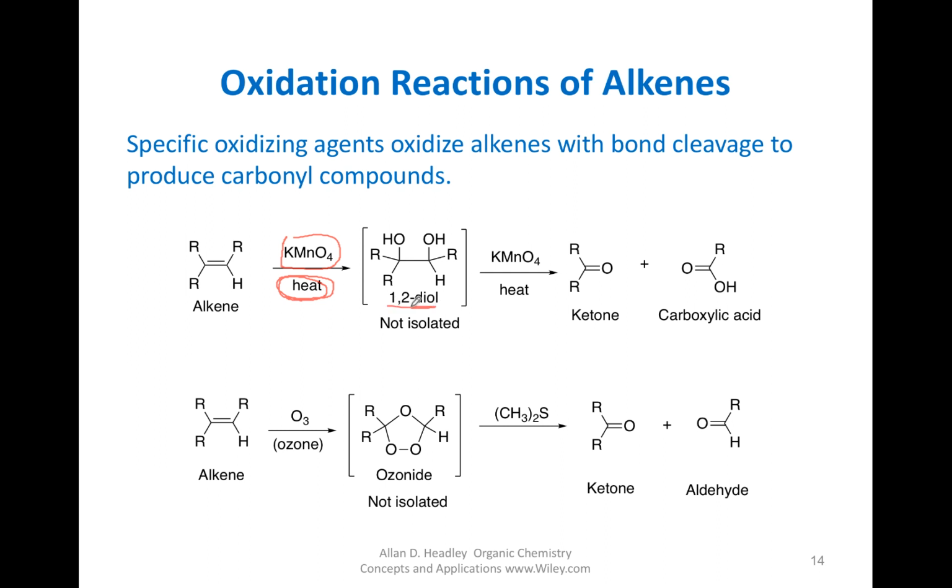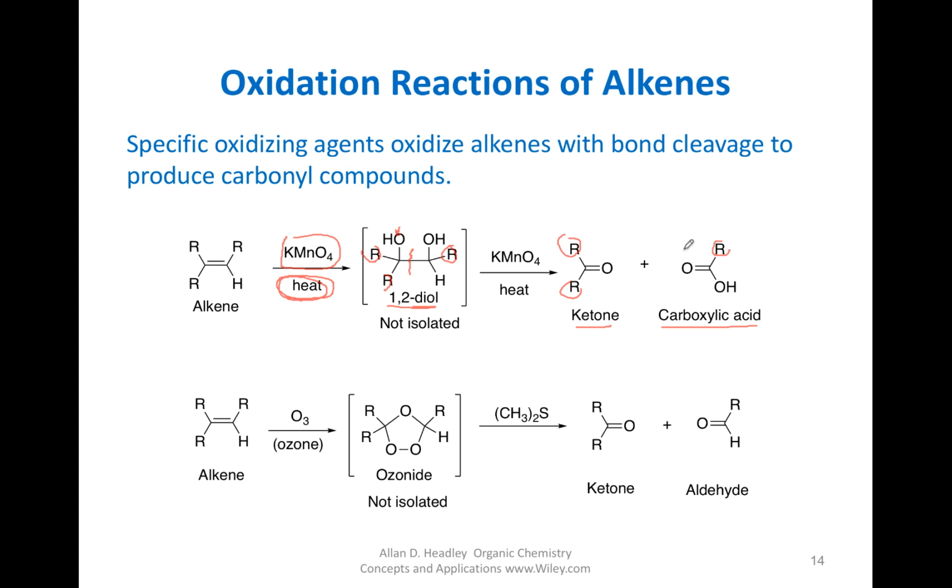But because the reaction conditions are at elevated temperature, it will proceed to break this bond here to produce a ketone, or an R ketone, and of course the oxygen, and it will produce a carboxylic acid, where this R